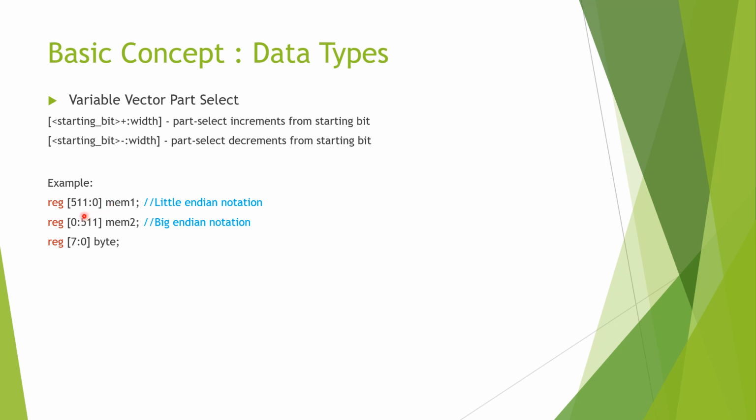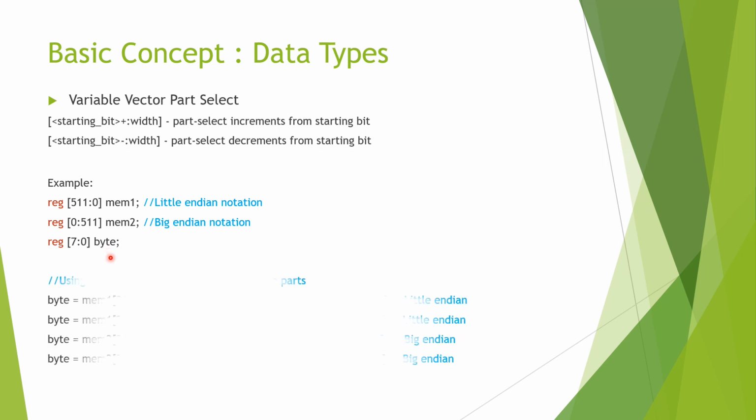Here we have declared some reg type vector variables. reg [511:0] mem1; this is little endian notation. Here 511 is the most significant bit and 0 is the least significant bit. reg [0:511] mem2; this is big endian notation. Here 0 is the most significant bit and 511 is the least significant bit. reg [7:0] byte;